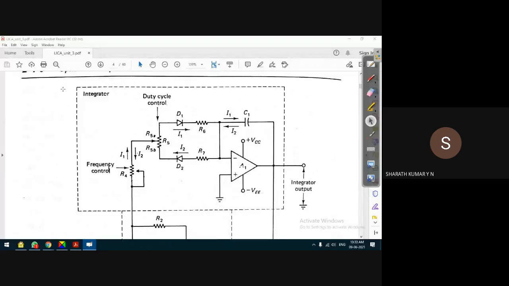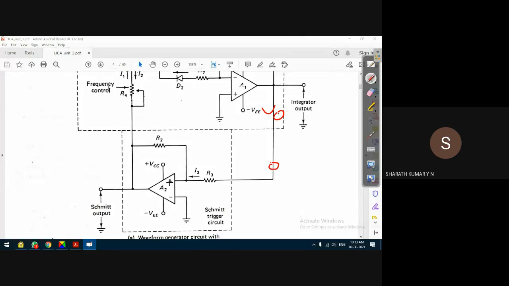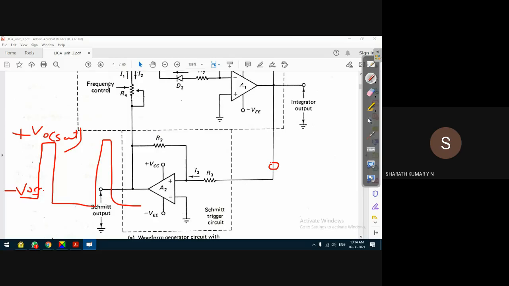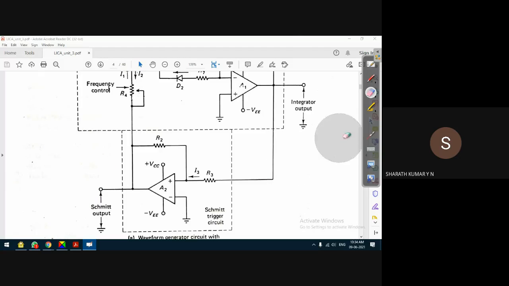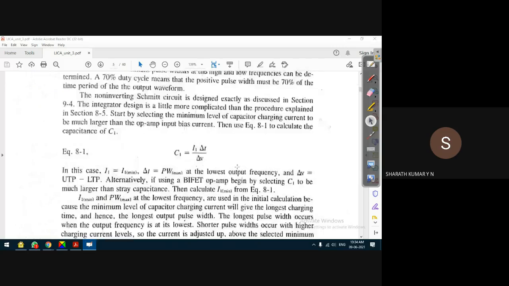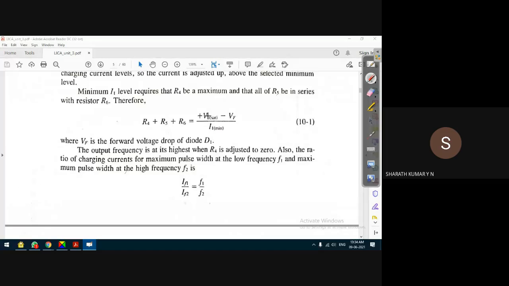at this end there are two voltages. One is the output voltage V0, and the other end is VF. What is this VF? It is nothing but a saturation voltage, because the output of this circuit is saturating between two voltage levels, plus V0 saturation and minus V0 saturation. That's why it gives a rectangular signal. So we can write it in terms of plus V0 saturation.